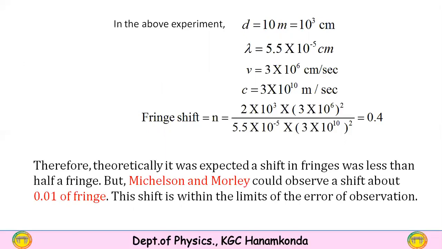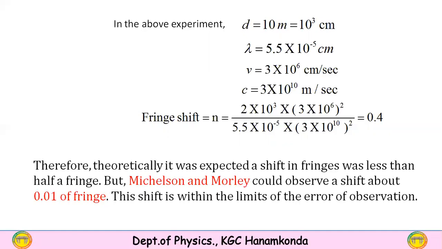In the above experiment, the values are d equals 10 meters, written in CGS units as 10 power 3 centimeters. Lambda, the wavelength of the monochromatic source, is 5.5 into 10 power minus 5 centimeters. The velocity of the earth is taken as 3 into 10 power 6 centimeters per second, and the velocity of light is 3 into 10 power 10 centimeters per second. The fringe shift n equals 2 into 10 power 3 into (3 into 10 power 6) whole square, divided by 5.5 into 10 power minus 5 into (3 into 10 power 10) whole square. The fringe shift is